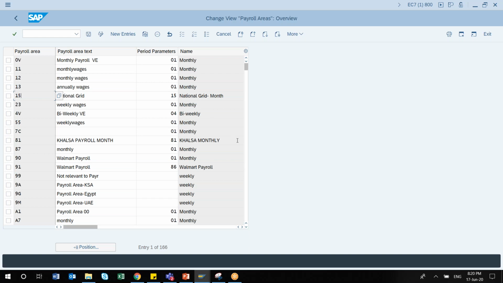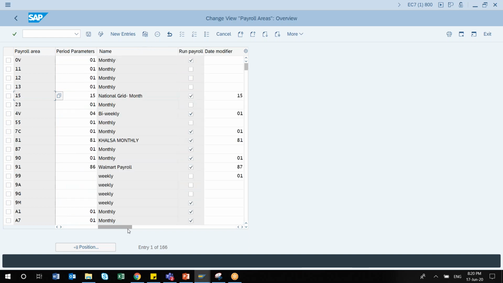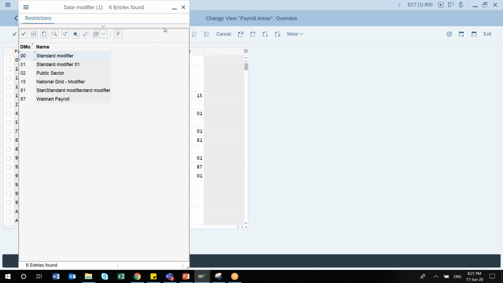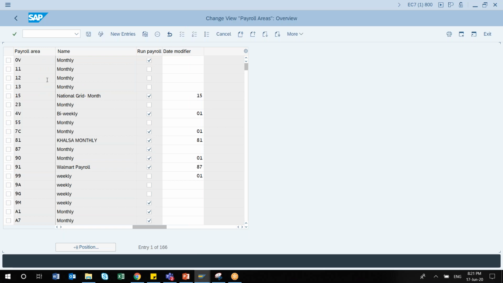Previously we have seen how to create a payroll area. Whatever payroll area you are creating, you simply configure the period parameter and date modifier, which you will get in the drop down values. Check whatever standard modifier and period parameter is there, and there is a tick box that you always have to tick.